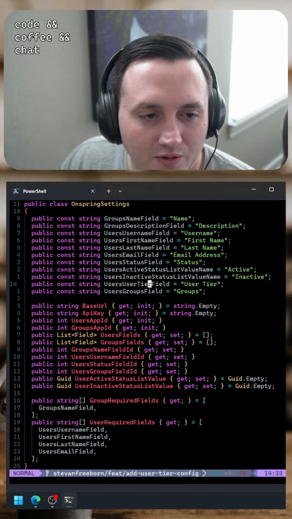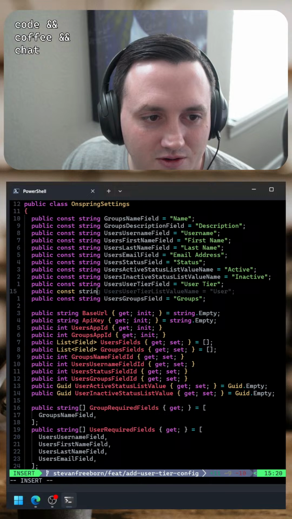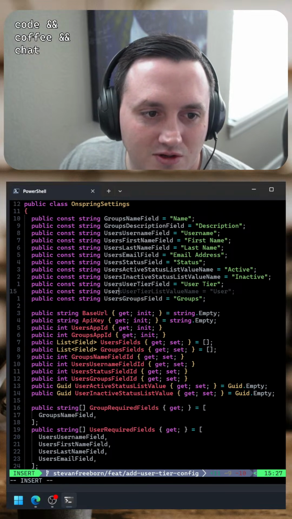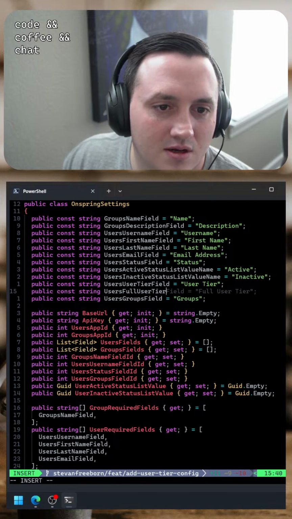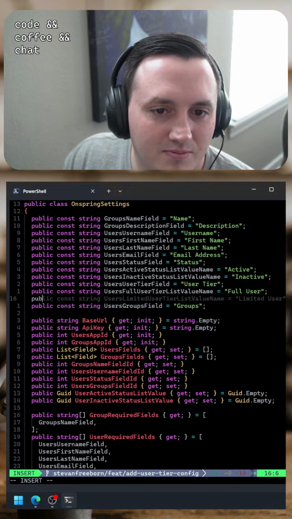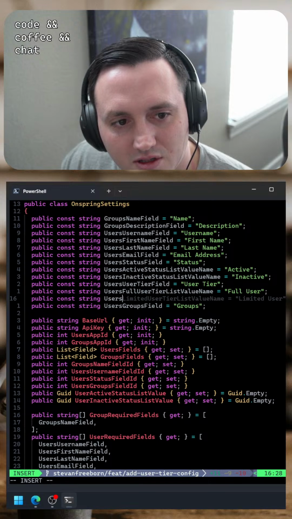And then there's only three valid values here. And they're all constant. They can't be changed, or they shouldn't be able to be changed. We should be able to count on them. So it should be users full user tier list value name. Yep. And then there should be a public const string users light, and then there should be